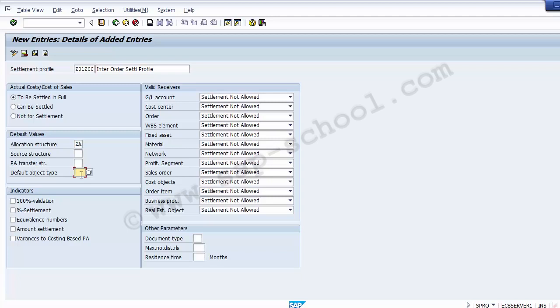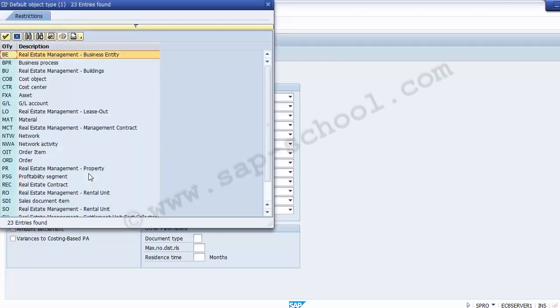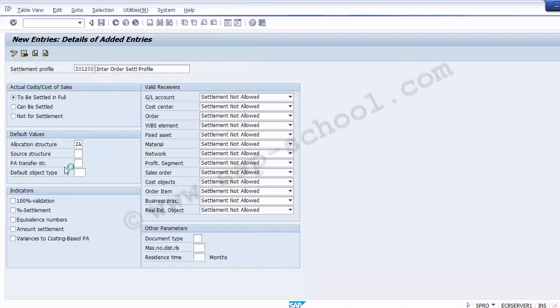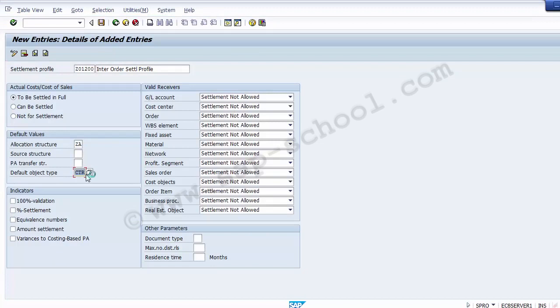So we need to select what the receiver type will be in this part. We can select from the list of different object types. The one which we will be receiving is cost center. However, there could be different receiver objects in this. As you can see on the screen, there can be a cost object, cost center, assets, GL account, material, network, order item, even profitability segments. The one which we will be taking as of now is the cost center, and that has been selected over here. Moving to the next now is